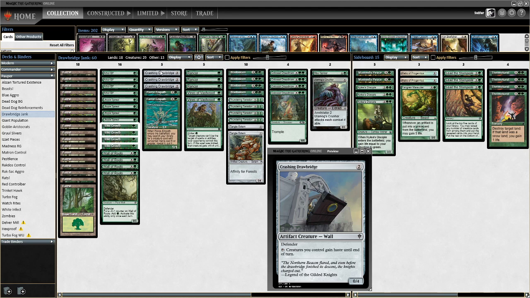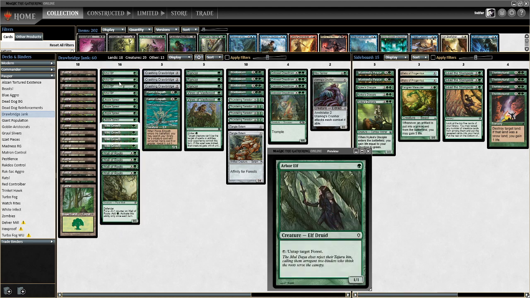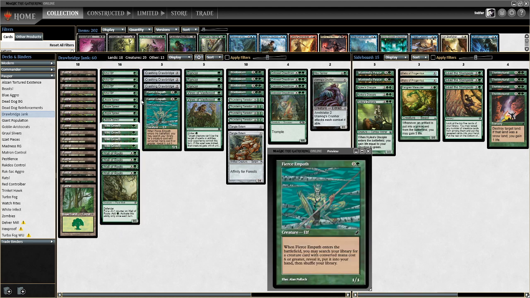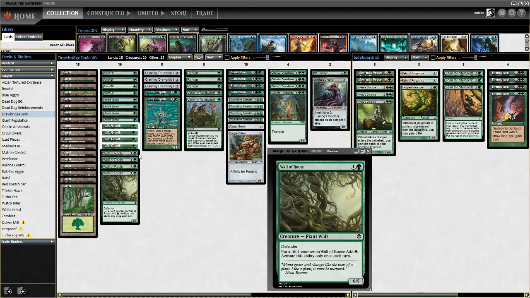To start off our deck, we've got our 18 basic forests, and then we have a pretty typical ramp package here with the Arbor Elf that can untap forests, and then we are enchanting our forest with Utopia Sprawls and Wild Growths to be able to produce 4 mana on turn 2 potentially, which is really, really powerful. And then to top it all off, we've got 4 copies of Wall of Roots, which is a really good